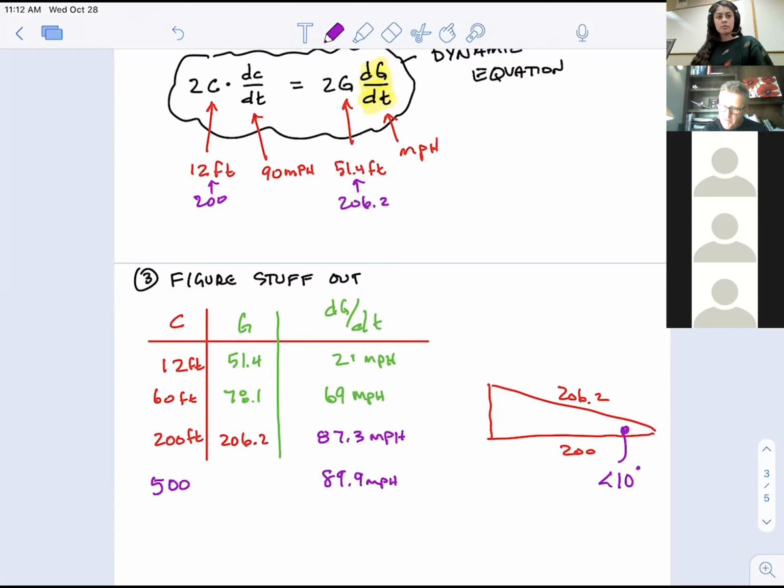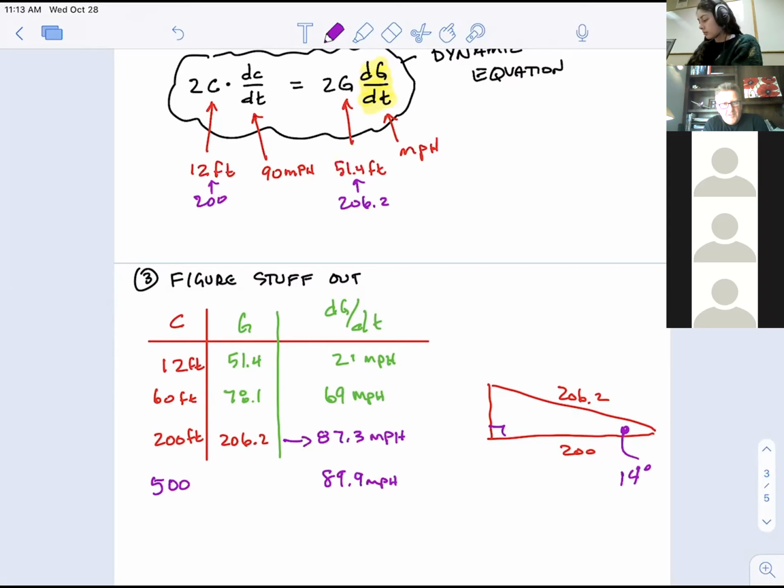Let's see, what would this angle be? You know trigonometry. What is that angle right there if this is 90 degrees? Well, that'd be cosine. So if I go secant, or cosine inverse, of 200 divided by 206.2, I get 0.24 radians when I multiply that by 180 divided by pi. That's 14 degrees. This angle right here would be 14 degrees. And so in cop school, they'd say, don't do that. It's not far enough out. You can see why, because notice this angle, this is pretty close now. Your speed's 90, but the gun reads 87.3. So if they tell the cops, hey, keep it less than 10, then it'll be really accurate. I see why they said that.